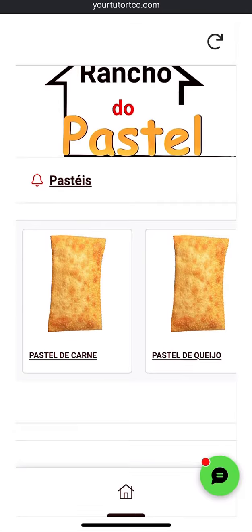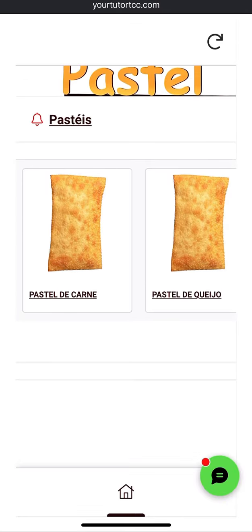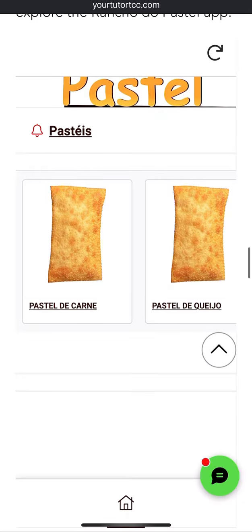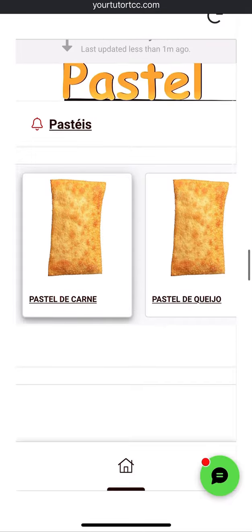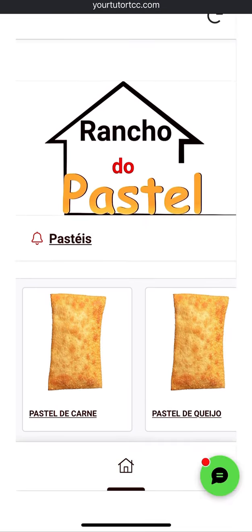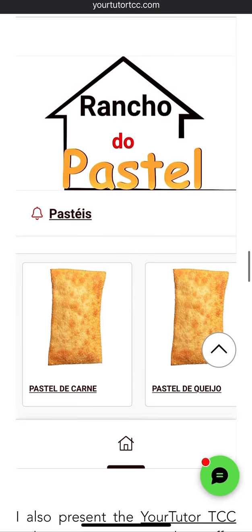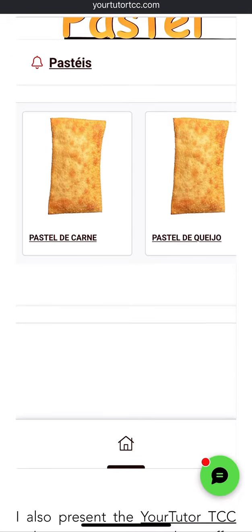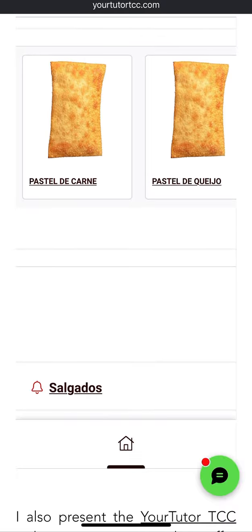So I develop apps right now for little and medium restaurants, the kind that are waiting to receive online ordering. So, for example, here I have some Brazilian